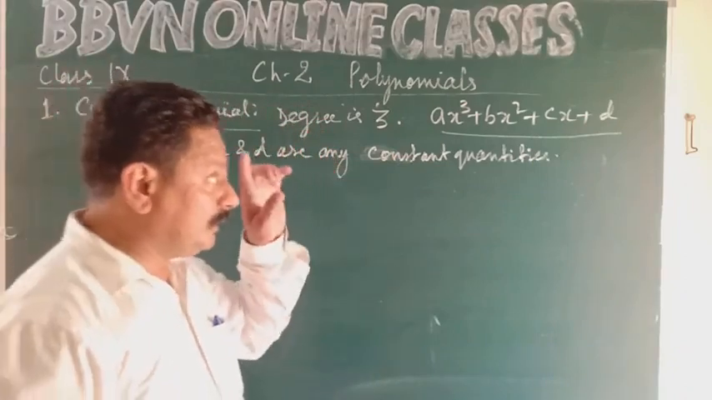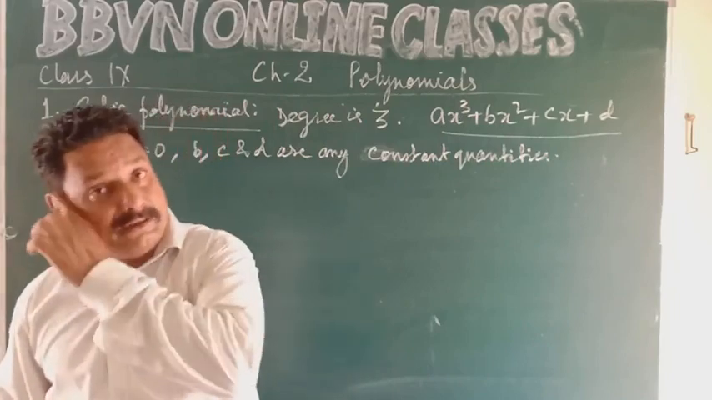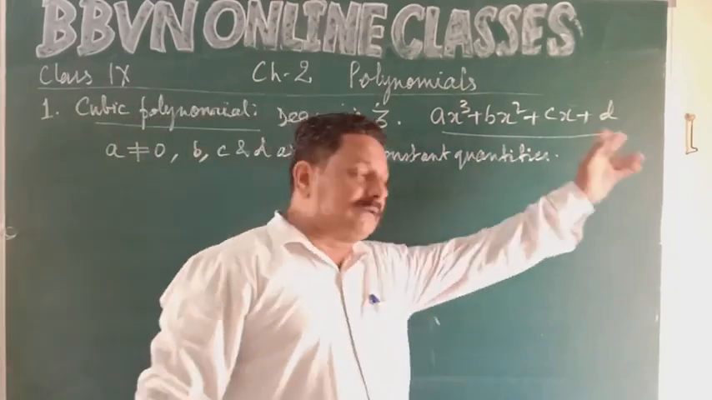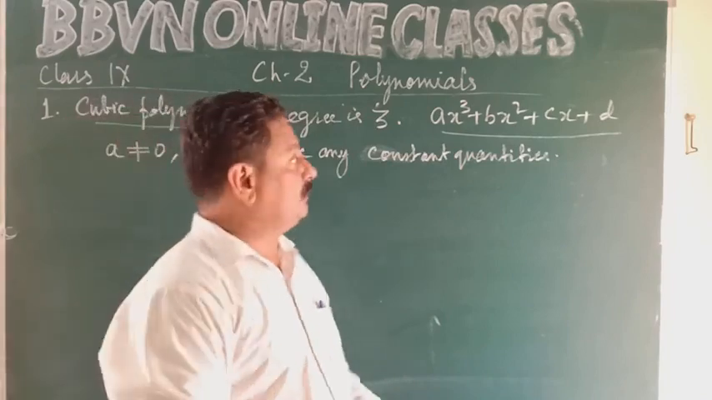B can be 0, or C can be 0, or D can be 0, or B and C both can be 0, B and D both can be 0, all 3 can be 0, none of them can be 0, it can also happen. So for example,